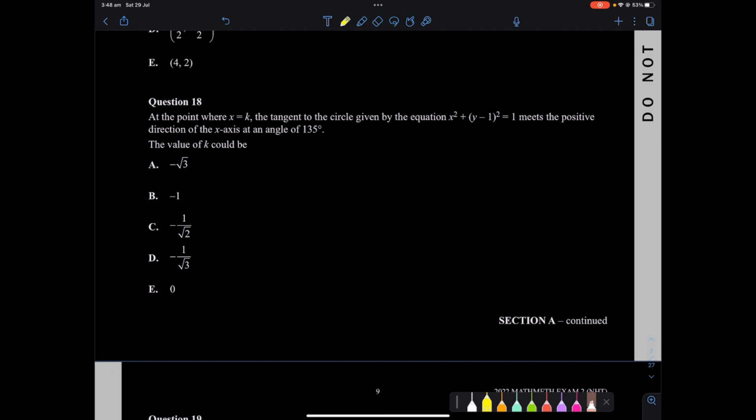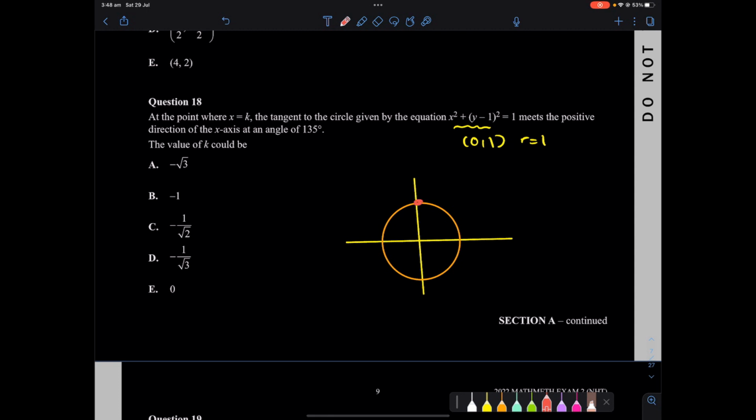Question 18. At the point where x equals k, the tangent to the circle given by the equation meets the positive direction of the x-axis at an angle of this. Find the value of k. So what is the actual center? So we know it's 0 and 1. And we have a radius of 1. So if I'm going to draw a circle, a nice circle, alright, just like alright circle. Something like this. And let's say these points, so this one here is going to be the point 0, 1, 0, negative 1, 1, 0,